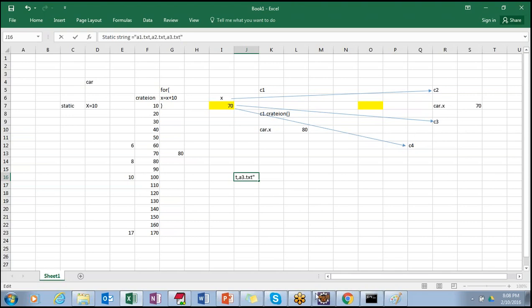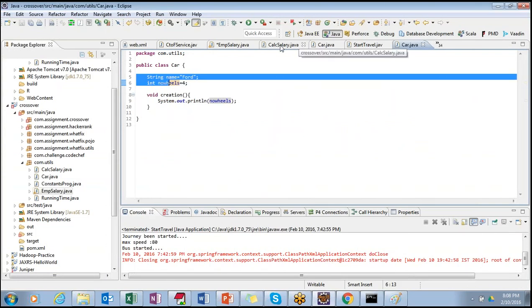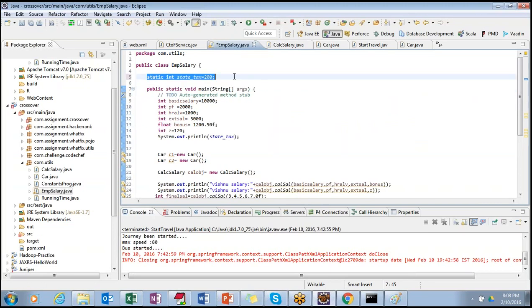If you see here, we always use non-static, but only in the case when you start public static void main, and you want some variables with a fixed value initially, at that place we create static variables.